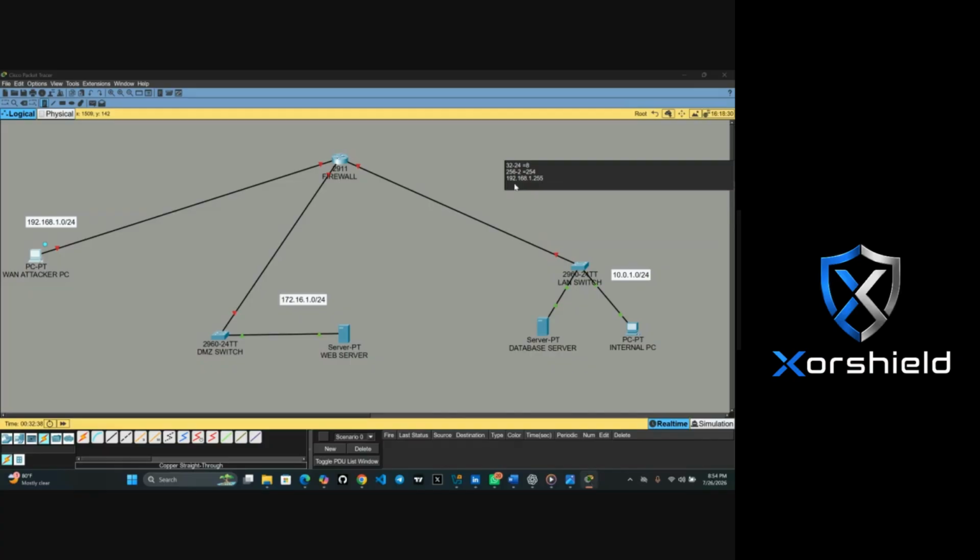Now, the number of hosts that can be available here is 254, the answer I got earlier. But now, from this 0, how many range of addresses can exist?